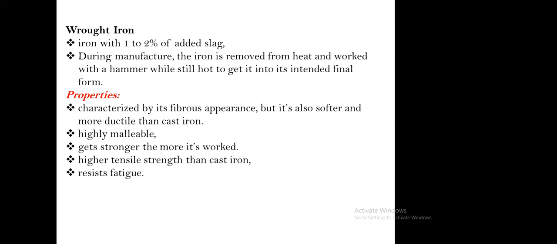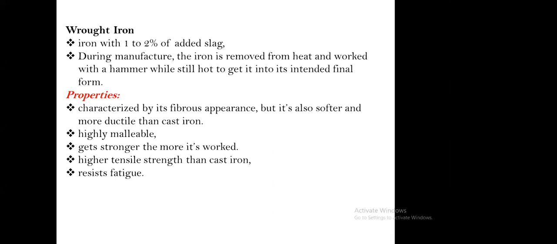Chromium will act as a carbon stabilizer, and thus it improves the hardness, strength and corrosion resistance. The next element is silicon. It will act as a softener in the cast iron, thus promoting free graphite and decreasing cementite. Sulfur will promote the formation of cementite. Phosphorus will improve the castability of the cast iron.